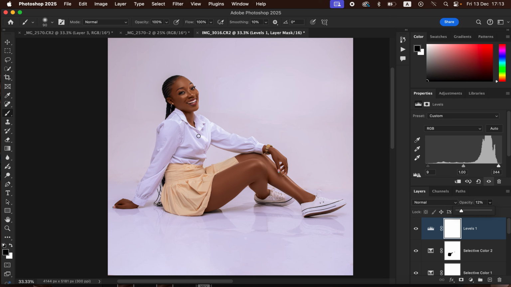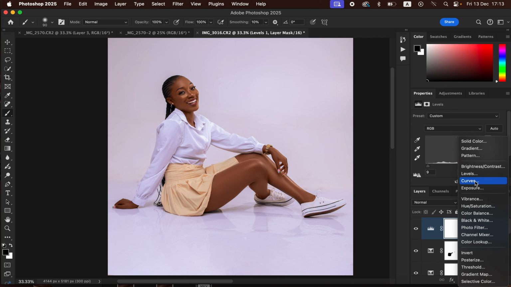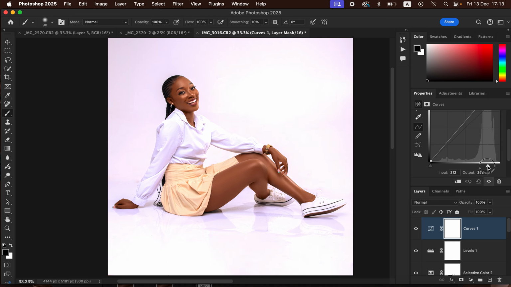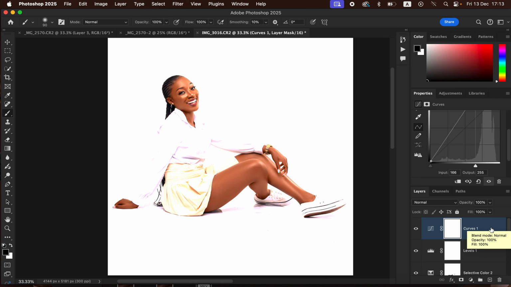The other thing we can do, we can add a little bit of shine or glow to this image by coming to adjustments and simply creating a curves adjustment layer. And after creating a curves adjustment layer, you're simply going to take the bright pointer towards the left hand side until you feel the highlights on the skin look a little bit better, shining or glowing, but this doesn't look okay. So double click on this layer,